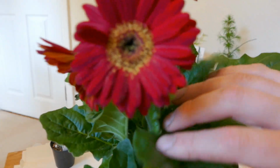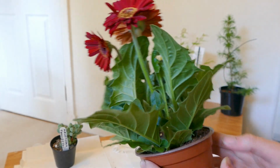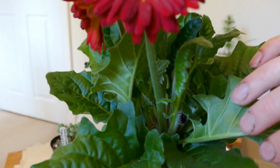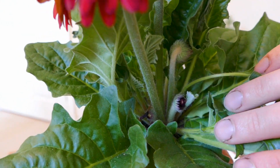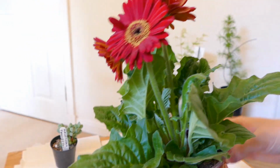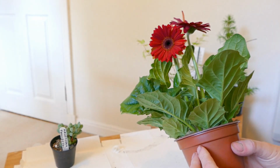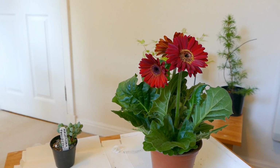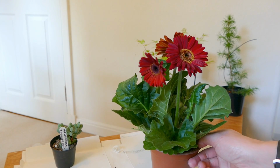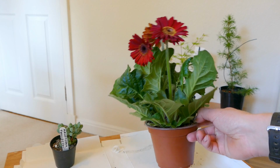You can see it's got lots of healthy leaves. It's got a lot of flower buds coming up. I don't know if you can see them in the camera, but there's quite a few flower buds coming up there. So I'm hoping it should flower all summer long. Come winter it might stop flowering for a while, but it should start again once the heat and light come back. So I'll probably repot this in another video in maybe a few weeks,